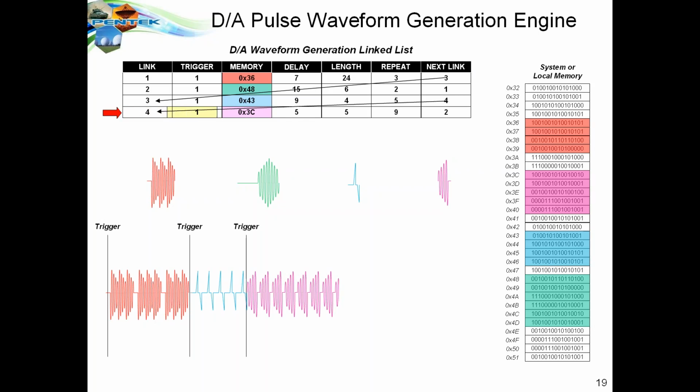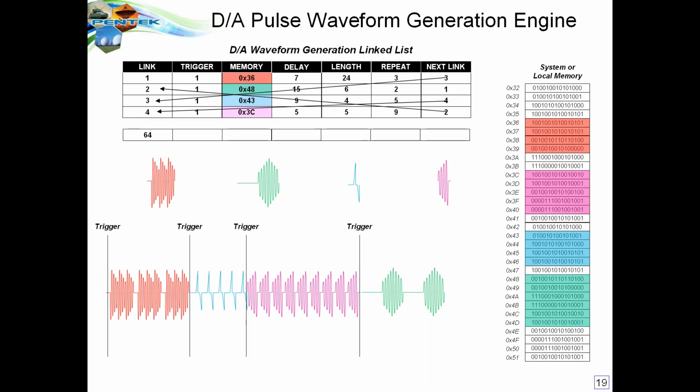We have yet a different waveform. We repeat it 9 times with a delay of 5, a length of 5, and then we jump to link number 2 for our last waveform in this example, generating a waveform with a repeat of 2 cycles after a delay of 15. So the nice thing about this